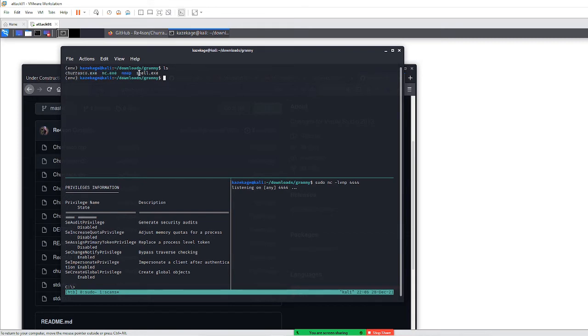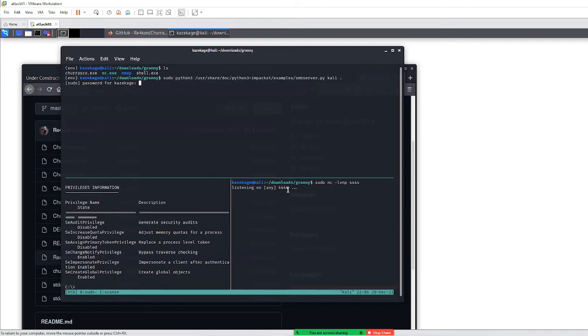I don't need this anymore. And we're gonna transfer this and this over to this box that we have over here, and then use this to run this to give us system level privileges right over here on the right hand side. Okay, so I gotta transfer this stuff over first, right? Which means